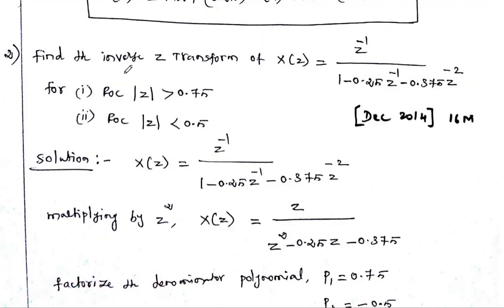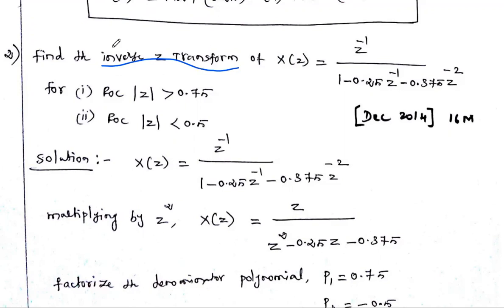So already you know what the use of the inverse Z transform is. The inverse Z transform is used to convert X(z), that is the Z domain, into the time domain, small x of n. In order to convert the Z domain into the time domain signal x of n, we use the transform called the inverse Z transform.